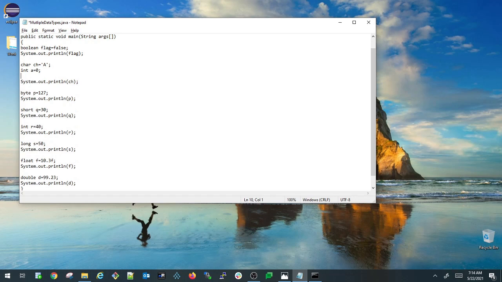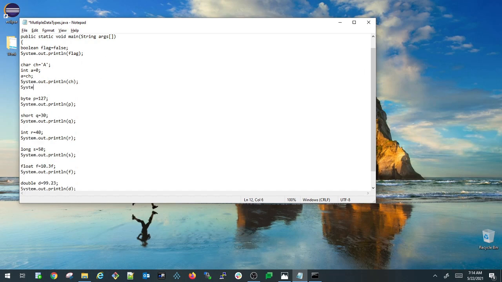For that I'm declaring a new int variable, int a, assigning 0 to it. Now I'm converting that char variable ch to int type by saying a equals ch. I'm directly assigning the variable ch, which is of character type, to the variable a. I didn't specify anything explicitly, and I'm printing the same thing here, System.out.println.